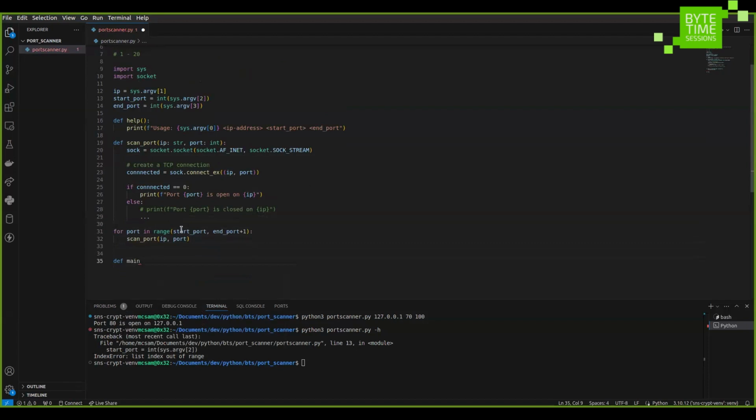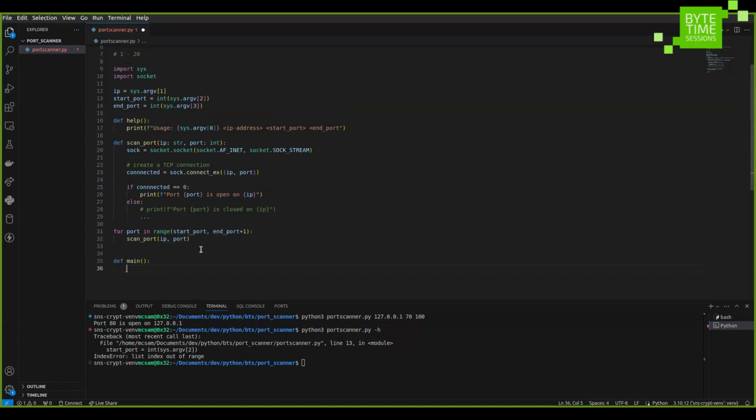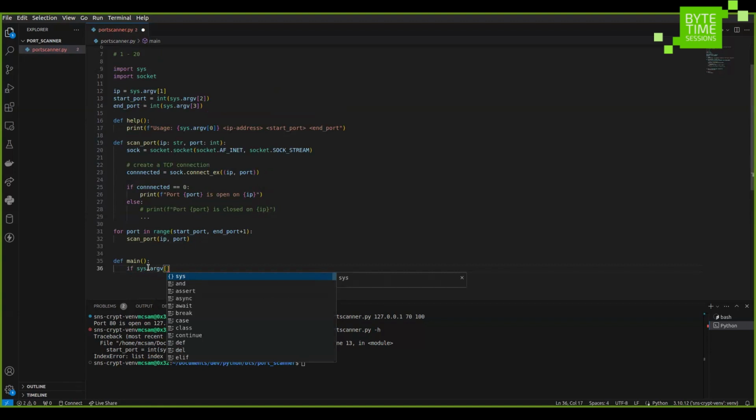That main, and basically that main function will run anytime before this code, right? So what we want to do in this main function is that we first want to check the arguments, right? So if this dot argument vector one, right? So this argument vector one is equal to